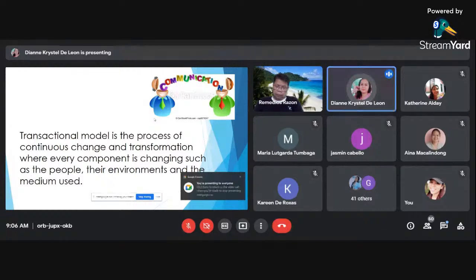Kasi po kanina, yung ating mga kasama, sinasabi po nila na syempre po ang face-to-face ay isa sa pinaka mainam na way ng pakikipag-usap. Pero dito po sa transactional communication, nakaka-affect po dito kapag hindi po face-to-face yung dalawang tao.